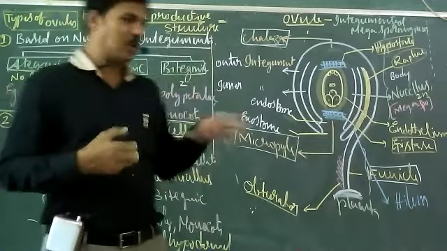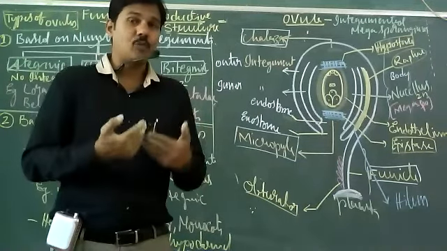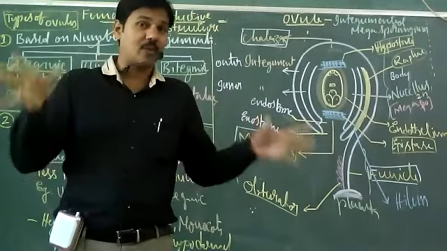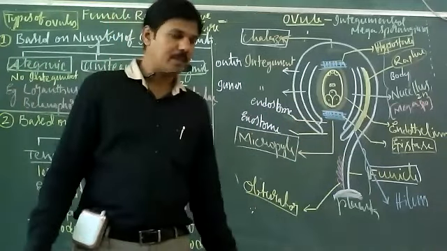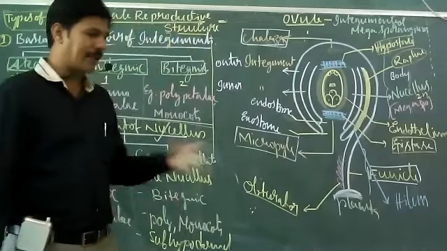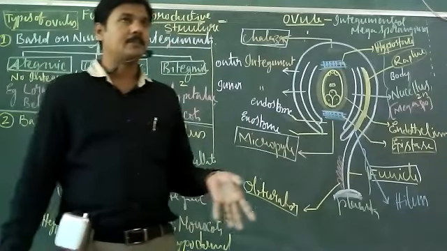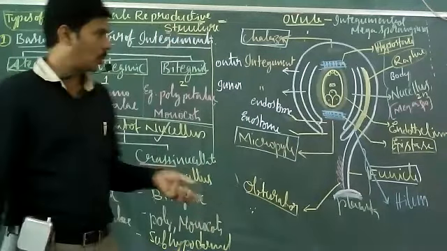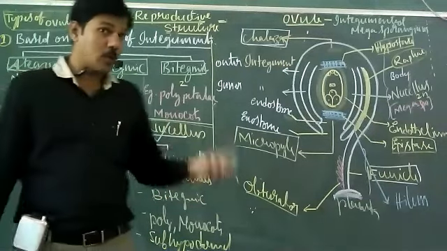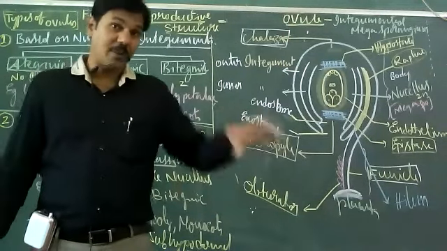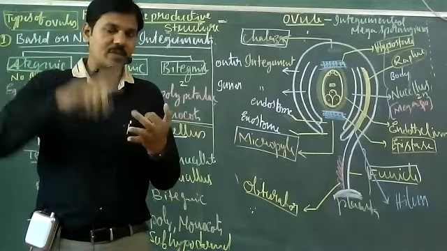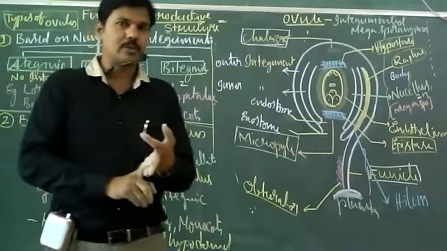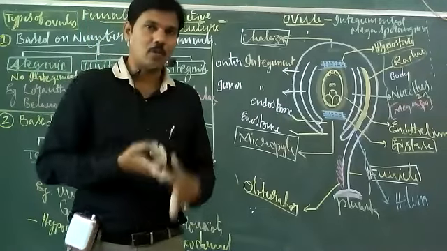Actually, I thought to complete other types of ovules, 6 different types of ovules based on the arrangement, but I couldn't. So tomorrow megasporogenesis, structure of embryo sac, types of ovules,